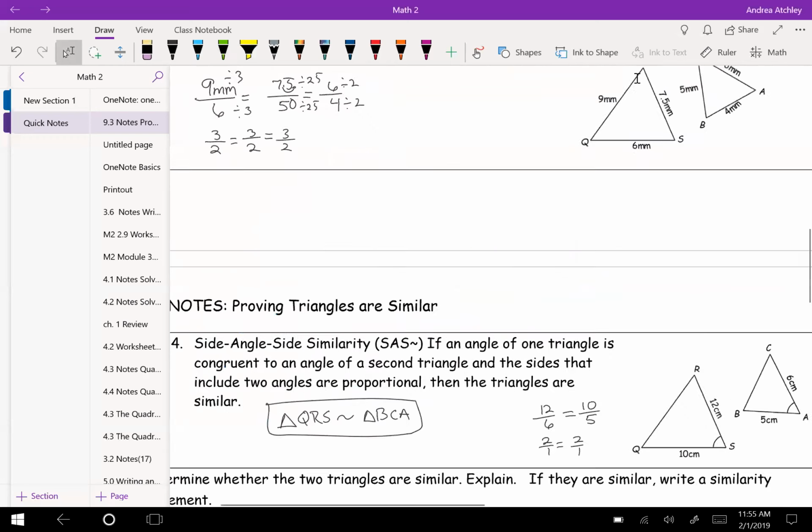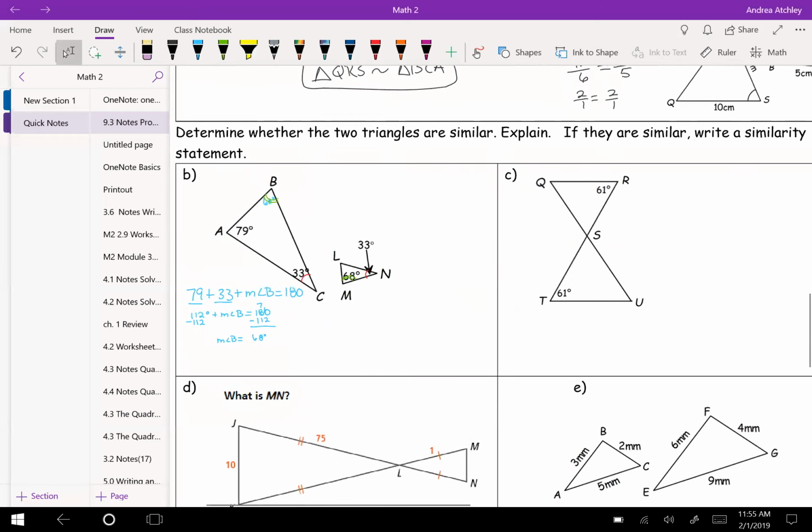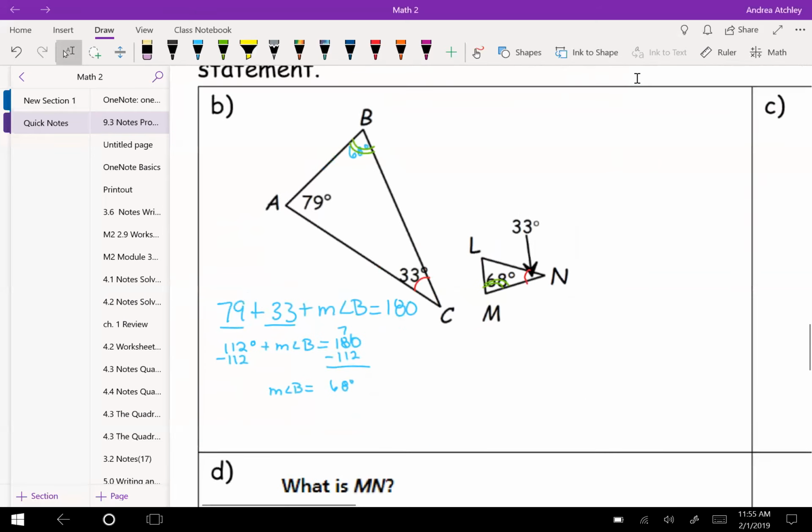Okay? So that's how I can prove this. Okay, so I'm going to say triangle. Name the triangle for me. A, B, C is similar to triangle